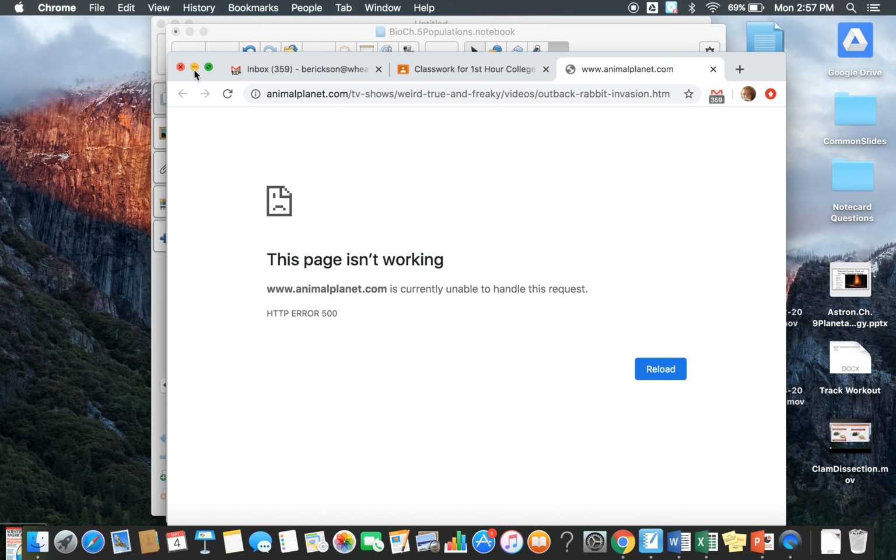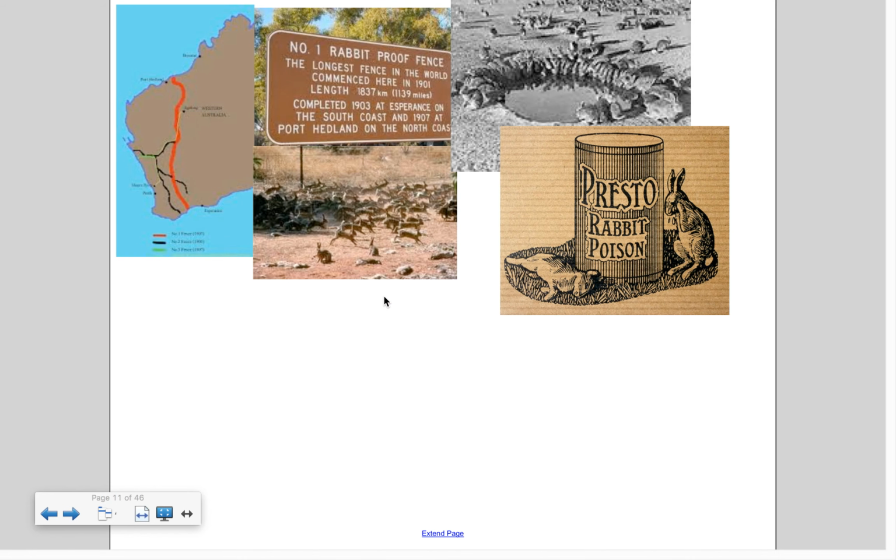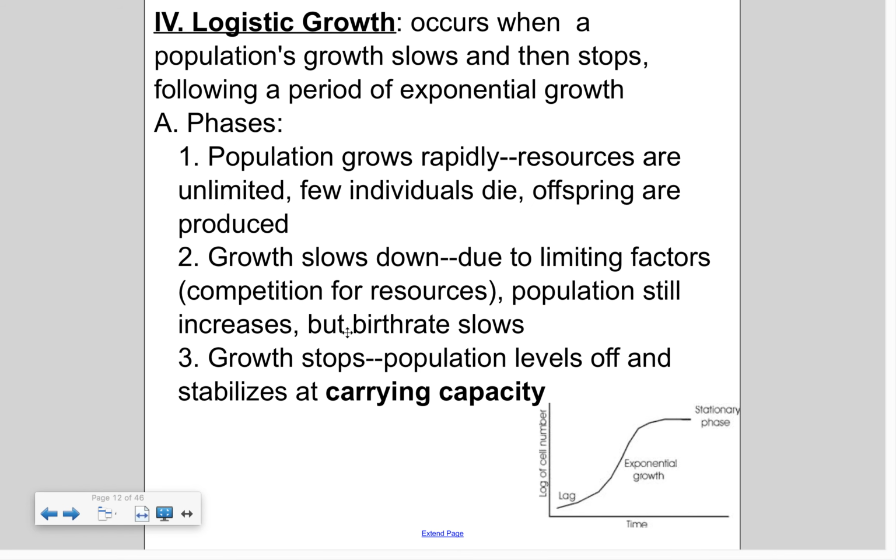So, yeah, trying to control the rabbit population is a still ongoing process. Okay, now another type of growth that populations can experience is called logistic growth. And this is where we see exponential growth, but then it's going to taper off and reach this plateau or